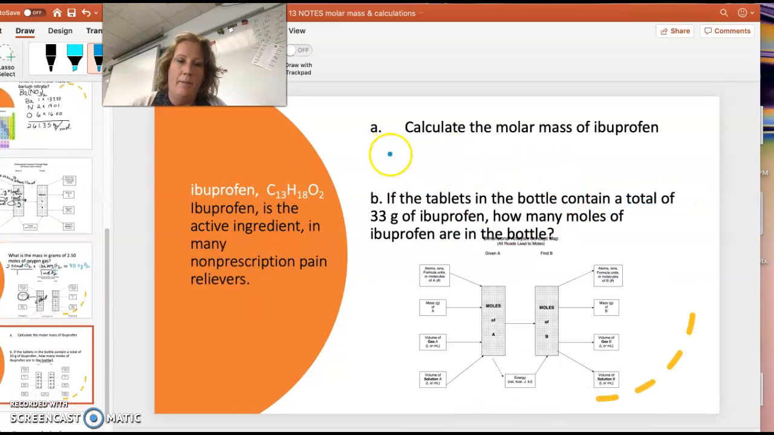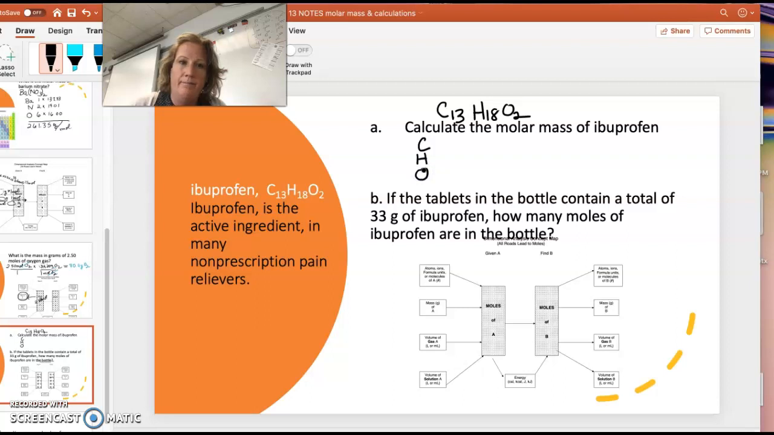Here's another problem. This will be our last one, but it's a pretty big one. So the first thing we're going to do is calculate the molar mass of ibuprofen, also known as Advil. Advil is the brand name, but ibuprofen is the generic name. And you know, the chemical formula here is C13H18O2. So I would pause the video and I would calculate that molar mass like I just showed you with